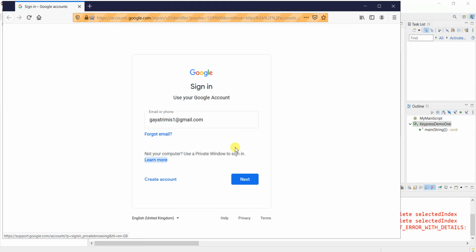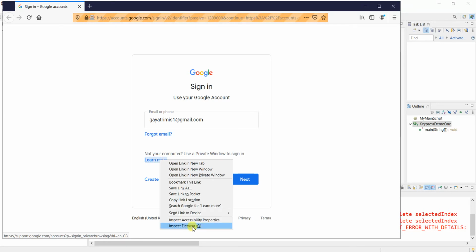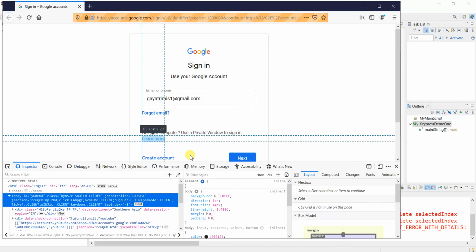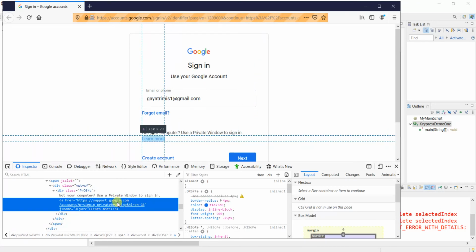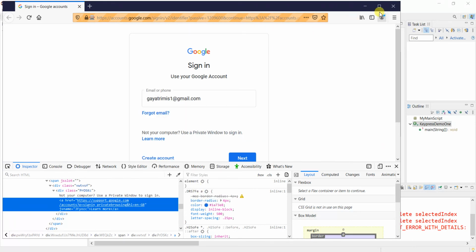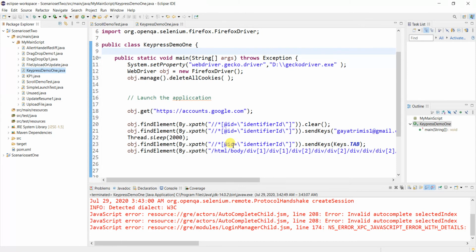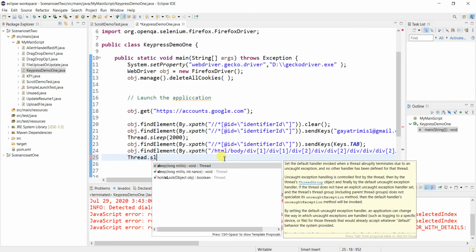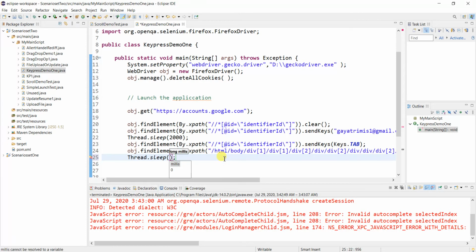Fine. Now we need to come to the next button. So that means we should click on tab from learn more. So again I will inspect the element, and let me take the XPath. Sometimes the execution is very fast.